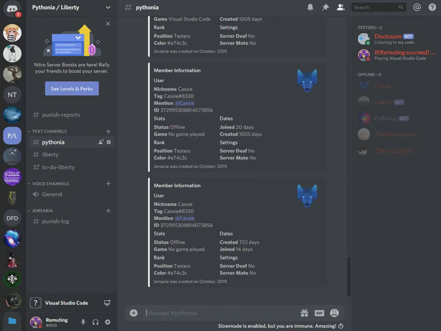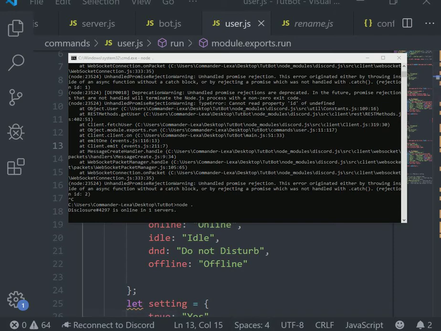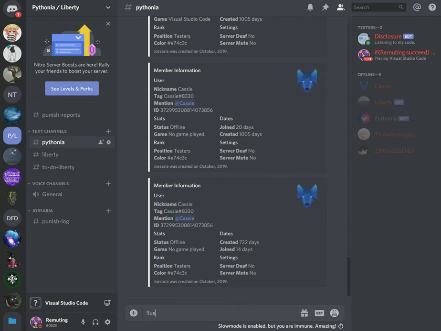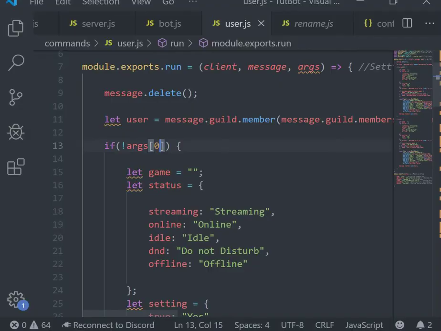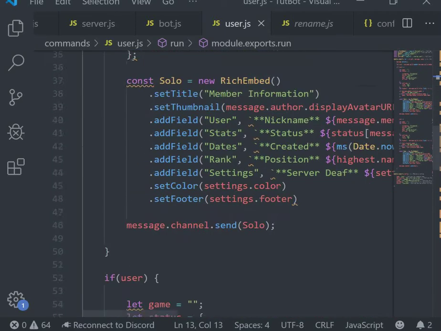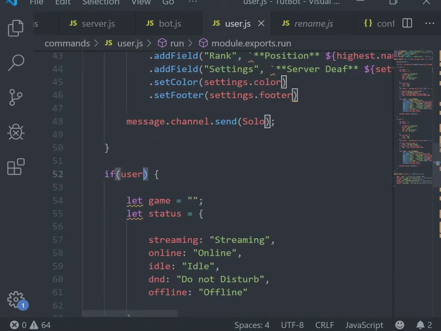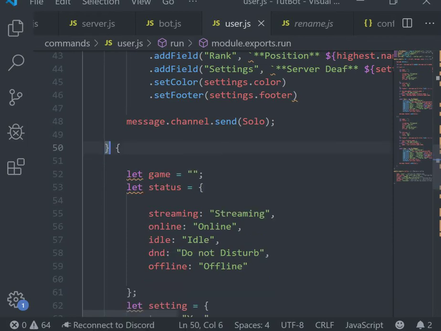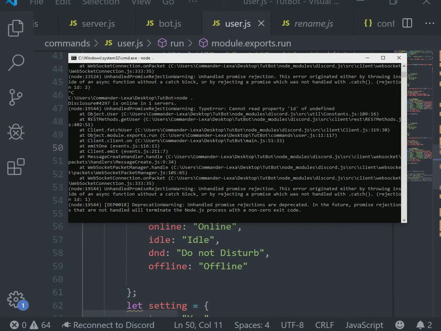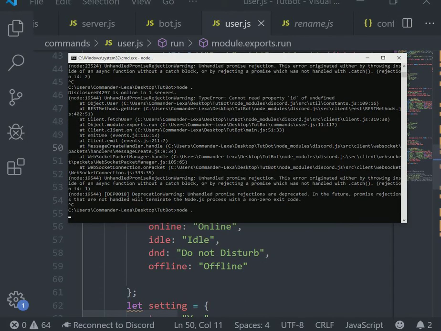Cannot read property ID of. Oh my god! This doesn't work. Okay, so I've added it a bit. So this should work, and it doesn't. Okay, so what I'm gonna do now is I'm gonna put if there's a no user, and then because this makes actually no point, we're gonna put else instead. We're gonna save it, we're gonna run the bot,